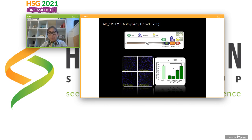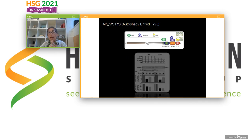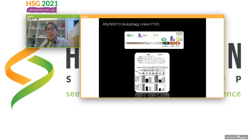And so in order to be able to distinguish between the two, we wanted to see if Alfy impacted here beyond the aggregates, also the soluble protein. So to do that, we turn to the filter trap assay. And this is a bit complicated image, but if you could focus to the right under Q103, and the circular